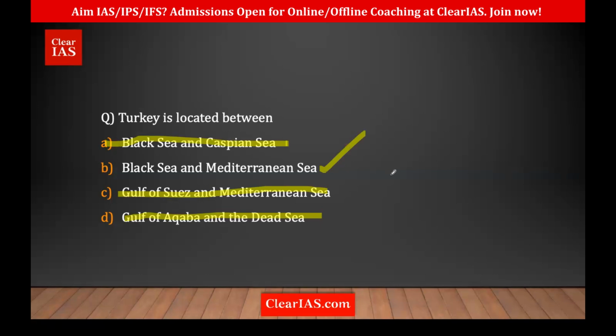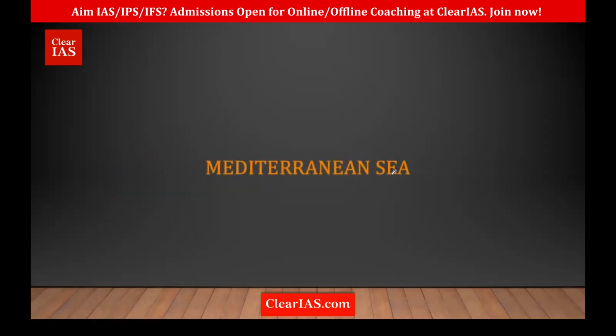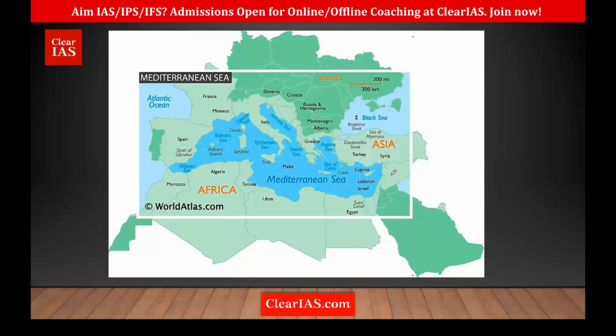Okay. So if you remember the keywords, you would surely get this answer. So it's between Black Sea and Mediterranean Sea. Clear? Okay. So that is it about the Black Sea. Next one is the Mediterranean Sea. So we already saw when we spoke what the countries, that is Syria, Israel region, we saw the questions. So Mediterranean Sea is one of the favorite areas of UPSC. But another interesting thing is only this part of Mediterranean Sea is favored. Okay, the Syria, Lebanon, Israel part, that is actually the favorite area of UPSC.